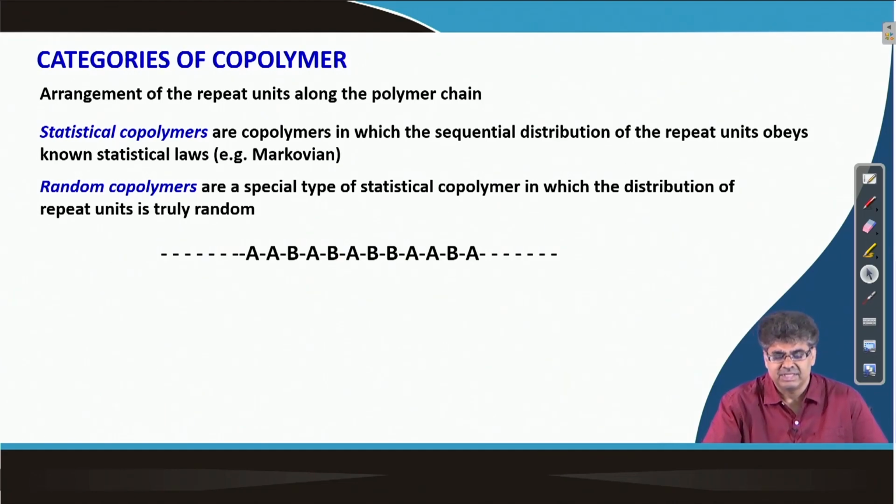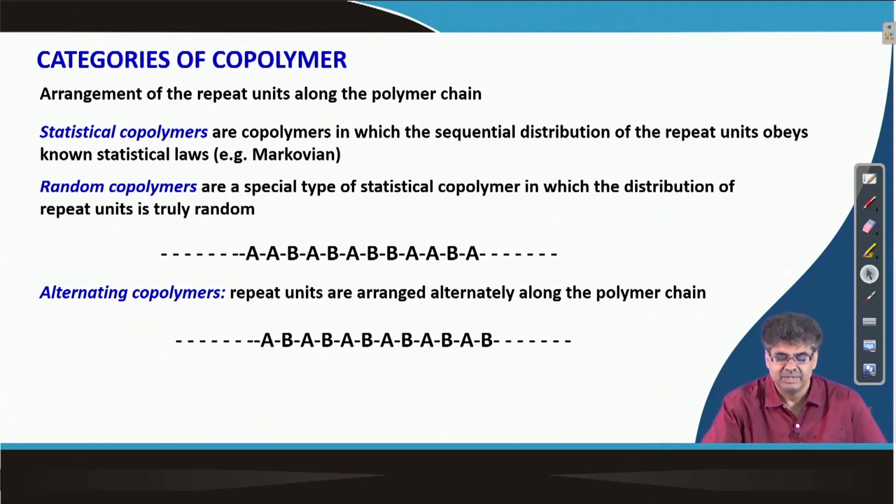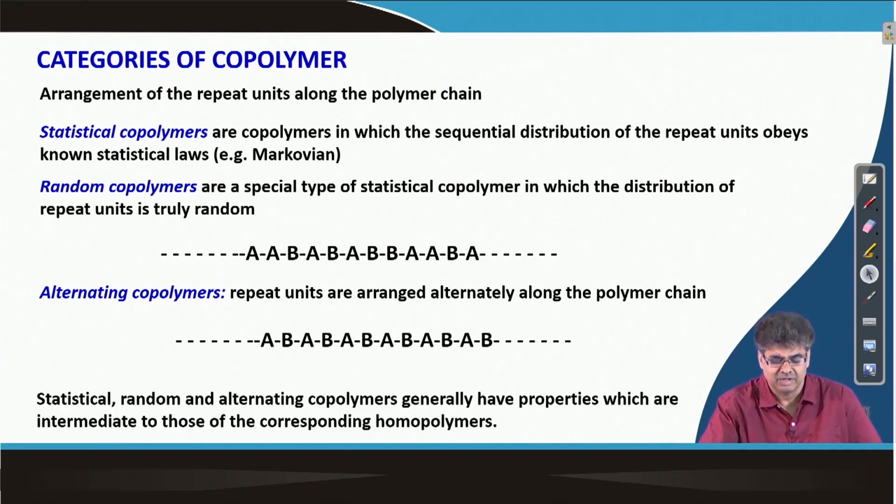And just to represent, we just write A, B completely randomly without any bias between the two monomers in this case. We can also have an alternating copolymer, where if we talk about two monomers, then it will be A, B, A, B, A, B, A, B, just that two monomers are sitting beside one another. So, basically the monomers are arranged perfectly alternatingly. So, we call this copolymer an alternating copolymer.